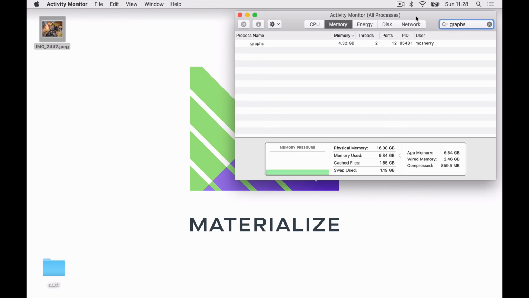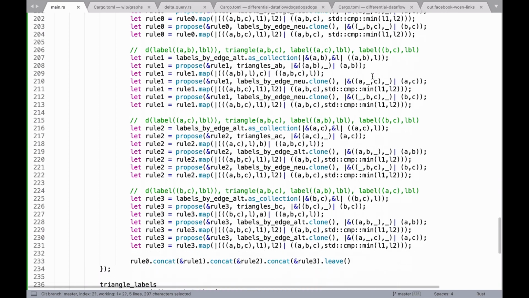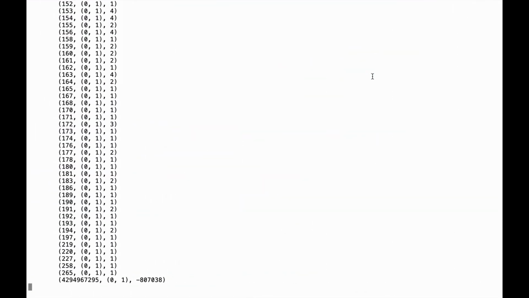Ooh, and it's climbing. If I had to guess, I would say this is looking a little bit slow at the moment, though it's also